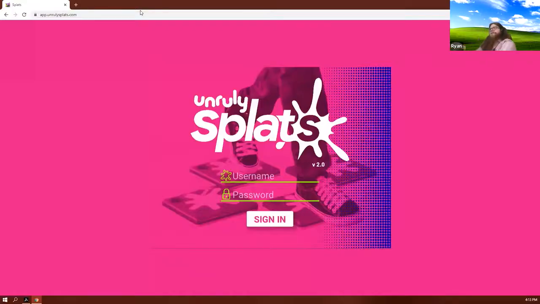All right. So when you head to app.unrealeesplats.com, which is slightly different from the old URL, you are greeted with this login page. This login page is where you'll enter your whole school login. That's the one login that's associated with your account. And that's where all of the profiles will live. No matter how many classes there are, how many students you end up with, they'll all end up in that username. For our demonstration, we have one set up,